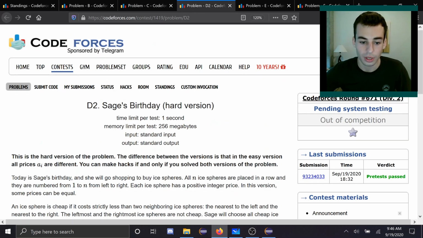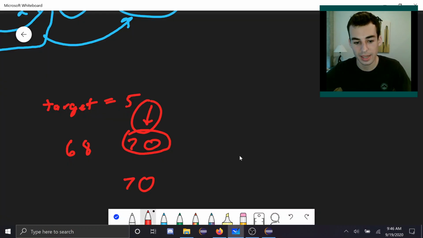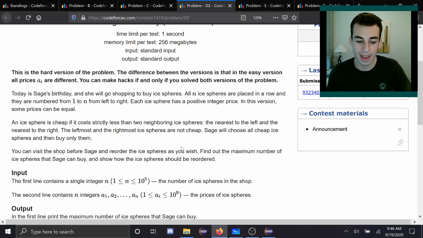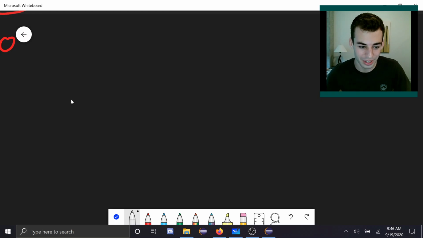Cool, that's problem C. Okay, problem D. I'm gonna go over just D2, because D1 is just a simpler version, but it's a bit messy. So the idea is we're gonna sort the numbers, and then after we do this, we just need to be really, really careful with implementation. So here, the sorted numbers look like 1, 2, 2,